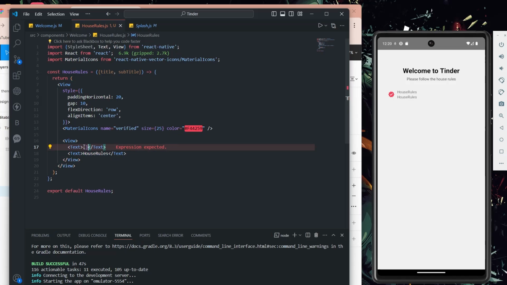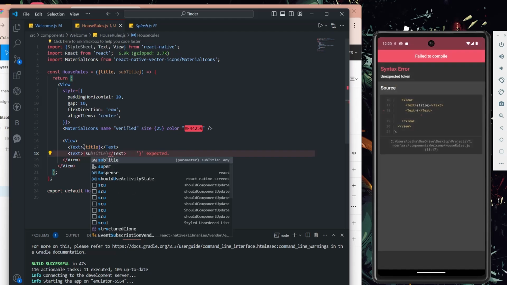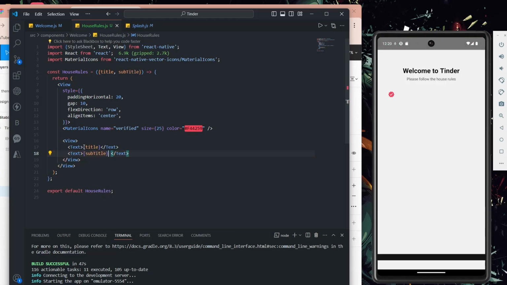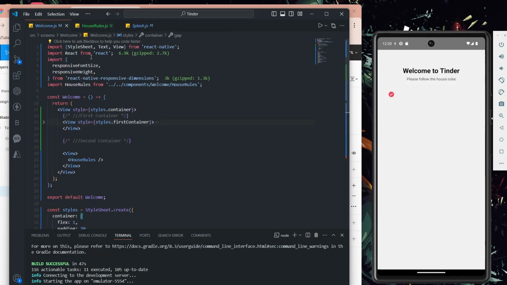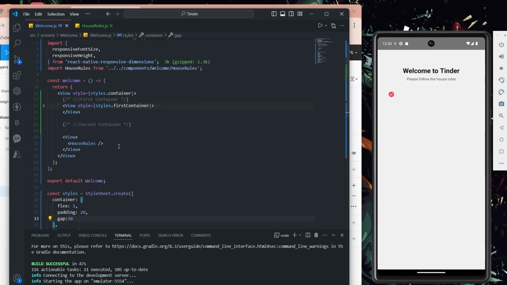Now here I'll say title, because my text will be dynamic. I'm going to use this component 5 times, I guess, 5 times there is a thing. So for this reason subtitle. Now you can ask me how I am going to pass these two things to this house rules. I'm going to pass them as props. Let's see how I'm going to pass it. If you see welcome, this is my house rules I'm using here, right? So here I'll say